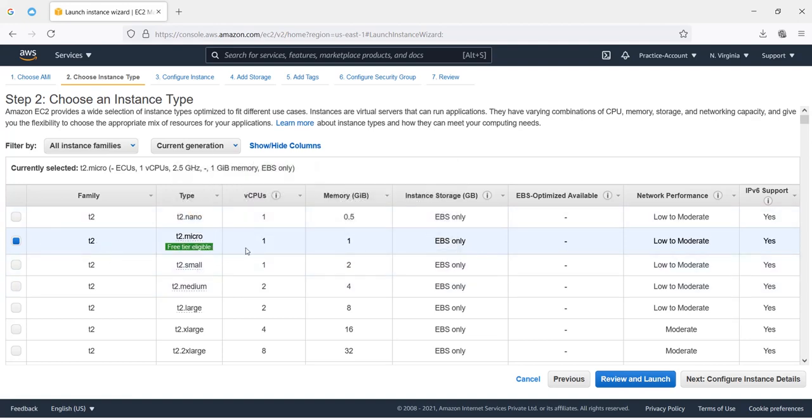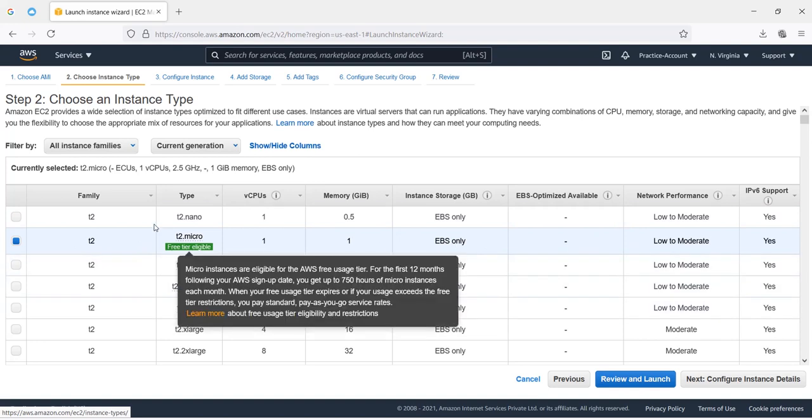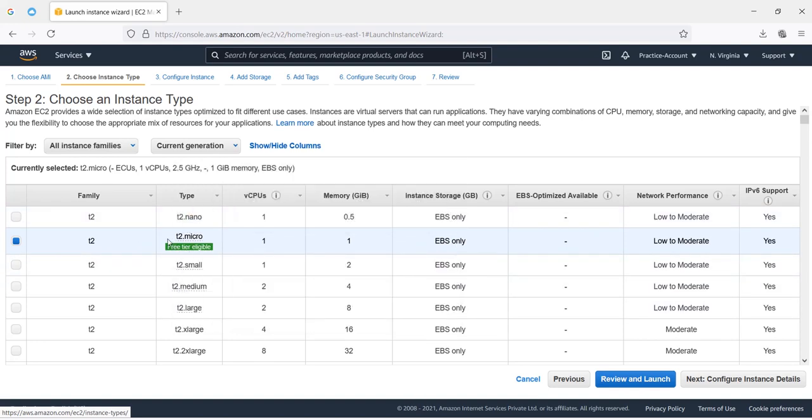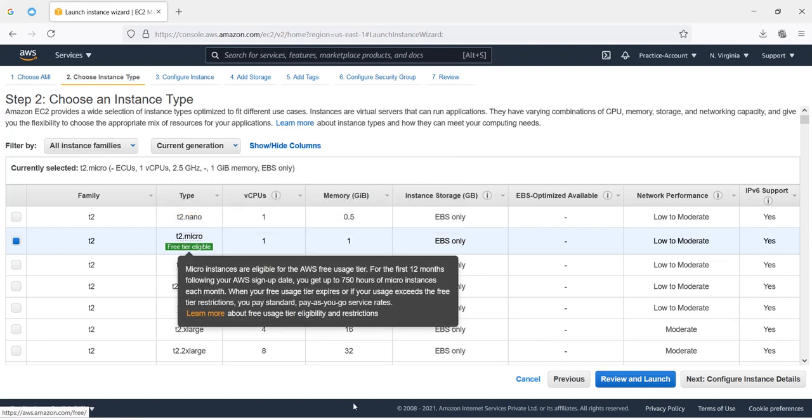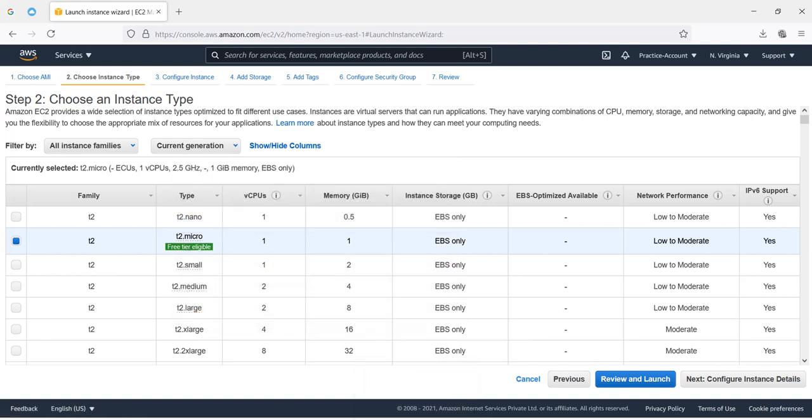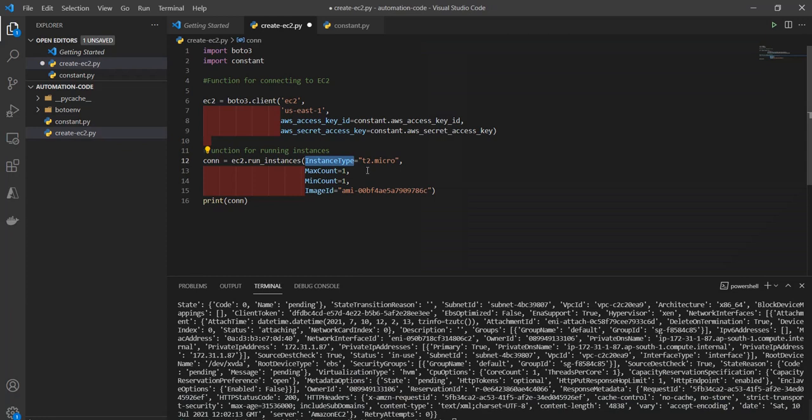Here you will get all the plans, their family and their details as well. So you can choose any one. I am choosing T2.micro, so I just define here instance type T2.micro.